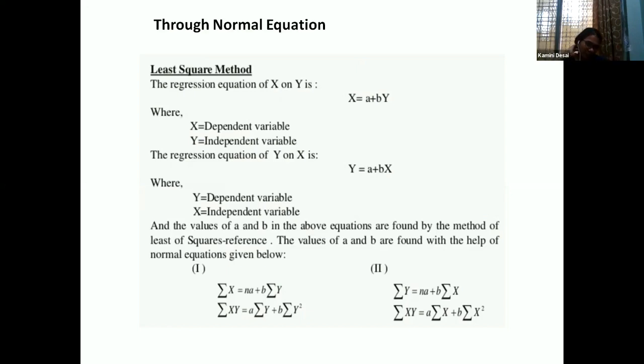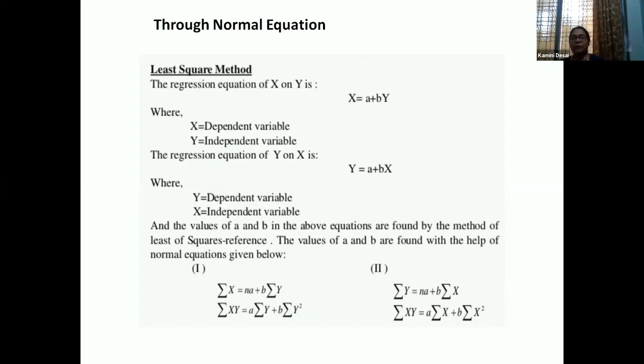And if you have heard about (a plus b) square, what is the formula? A plus b square is equal to, anybody? Ma'am, a plus b whole square, a square plus 2ab plus b square. Okay, so you know that formula, but what about others? I know you are not from a mathematical background, so here you have to use how to solve two line equations. So sum of y is equal to na plus b sum of x. So these are the equations.